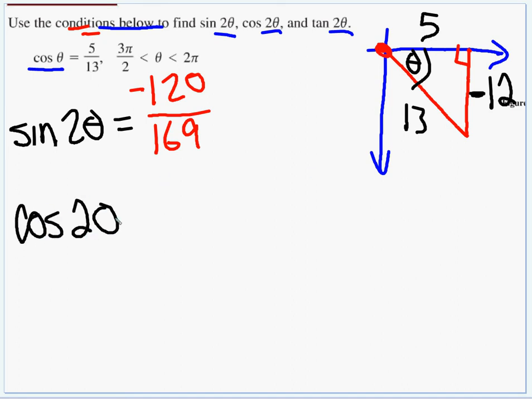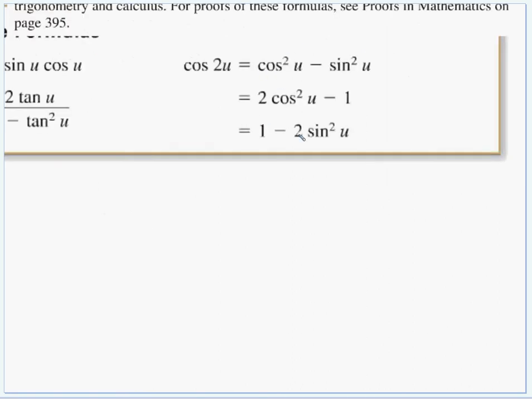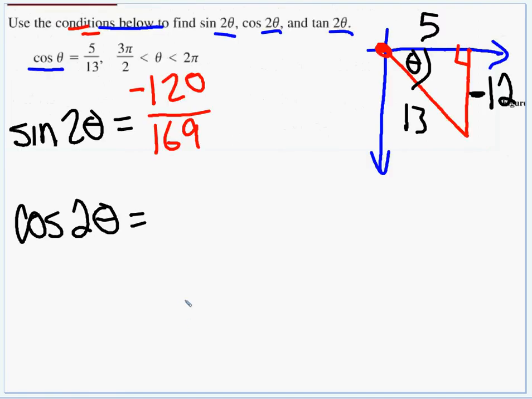Remember, cos has options, option 1, 2, 3. You can use any of these, absolutely fine. I usually stick to option 2 because you're just going to find cos and you're going to square it, and you're going to double it and subtract 1. At least for me, there are fewer chances of mistakes if I use option 2, but you can use any of the options that you want. So this is going to be 2 cos squared theta